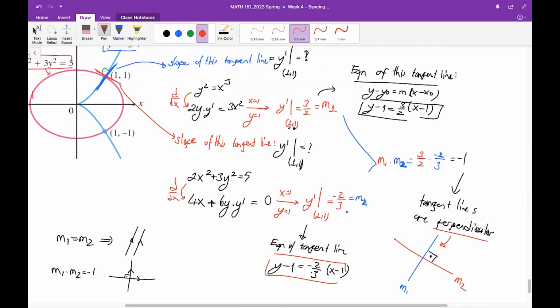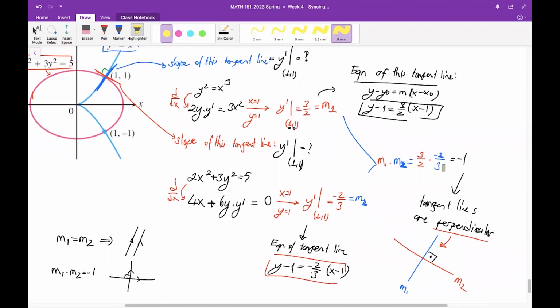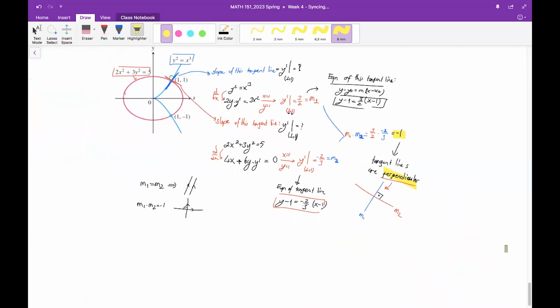You don't need to write them to understand that they are in fact perpendicular. You will just look at the slopes. If the product of the slopes is -1, they will in fact be perpendicular. Any comments on this solution?